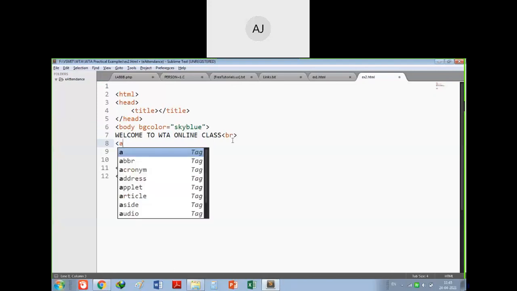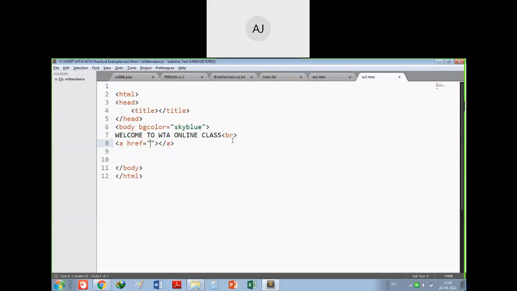Then A, which is an anchor tag. If you press the tab button, it will give href. What is href? It is a property, or you can call it an attribute. And A is a tag or element, and its closing tag is also there. You have already studied that for every tag there is a closing tag, except some, like the image tag, which is self-closing. We have already seen this in an example.